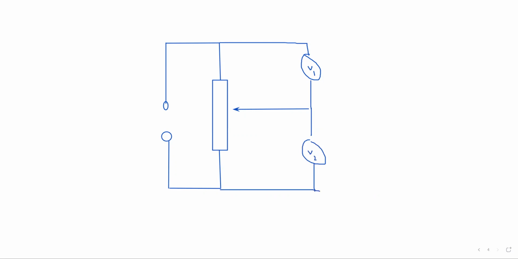Initially, if this was a 10-volt supply and it is at the center, this will be 5 volt, this will be 5 volt. But when we move the sliding contact upward,